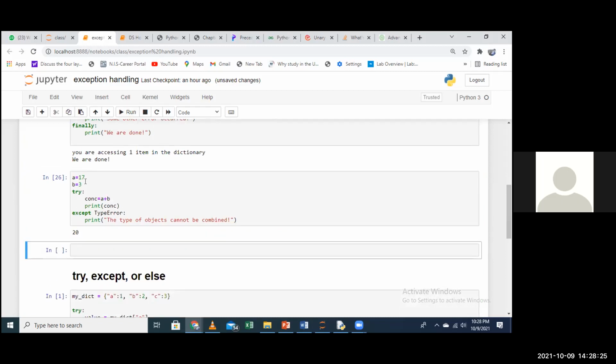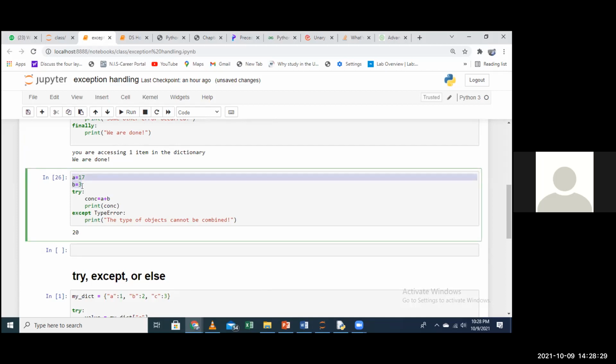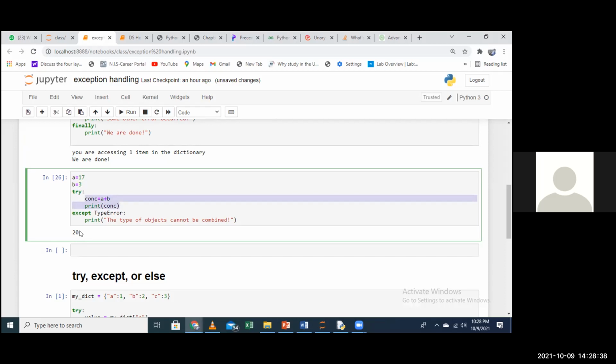Here in this case, because I'm having both of them as integers, this part of the code can be executed without throwing any exception. So that is why 17 and 3 are summed up to get 20 and not this part of it. So basically that is what the exception handling does here.